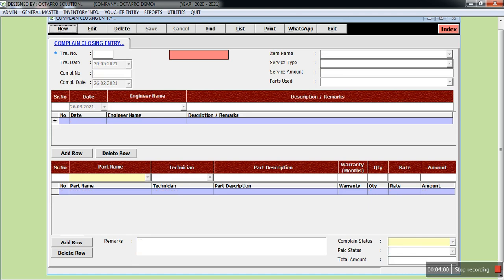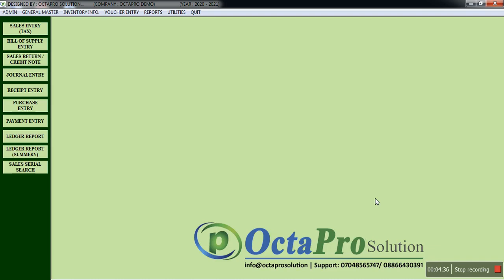If we want to send an SMS, the customer will also get notified by a message: dear customer, your complaint of this number has been successfully resolved and you paid such an amount regarding this complaint. Sometimes the technician will get 1000 rupees and give you only 500 rupees. With the help of this message notification, the communication gap between a customer and admin management can be filled. If the customer has paid 1000 rupees and gets a message of only 500 rupees, or has any other query, the customer is definitely going to call you. This way you can achieve complete customer satisfaction.